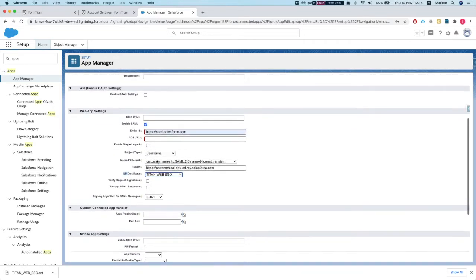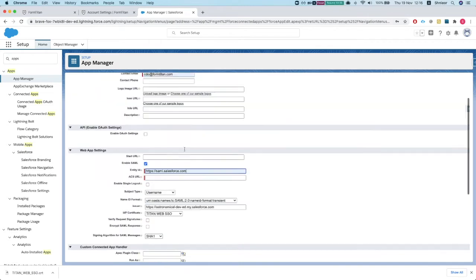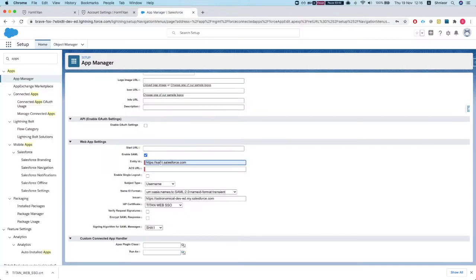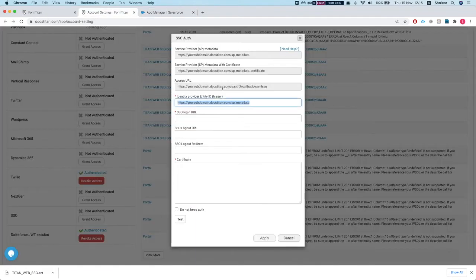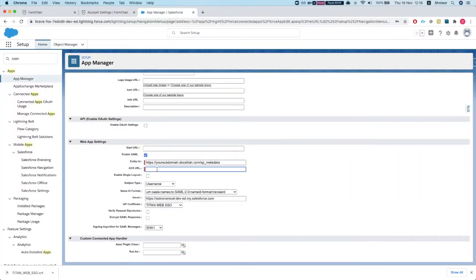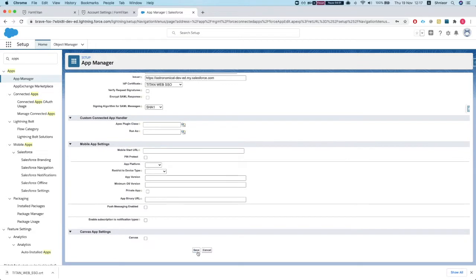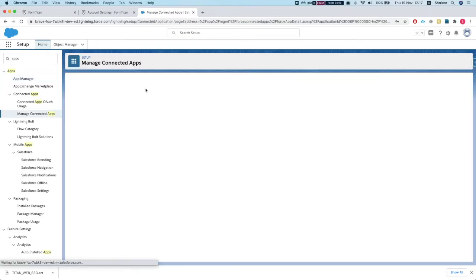Let's just go ahead and grab the access URL. I'm going to head over again to my account. I left this window open, and in the SSO section, I have the identity provider entity ID. I can use it here as well, or you can give a different URL for this. The access URL is what we get from Titan right there, and we'll paste it over here. So this is basically the URL for your organization, and we will hit save. So this is our first step,